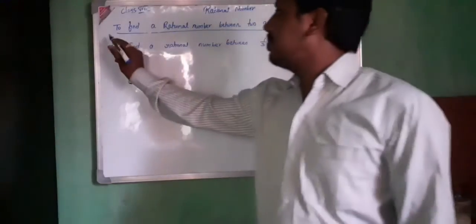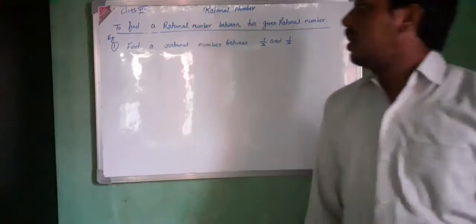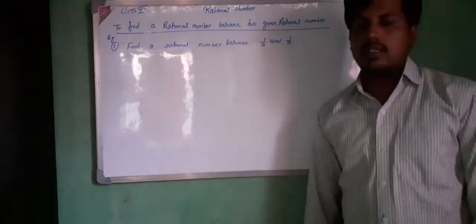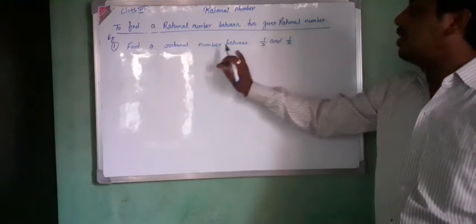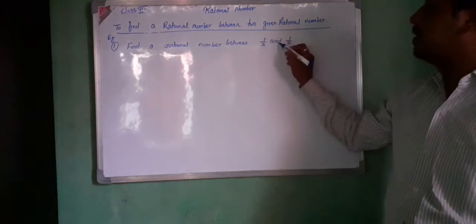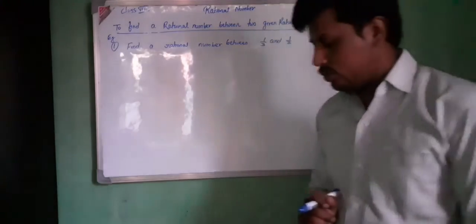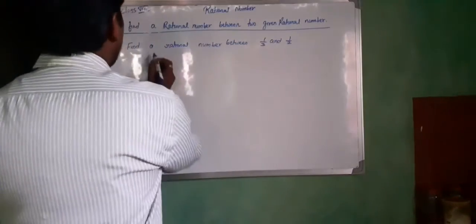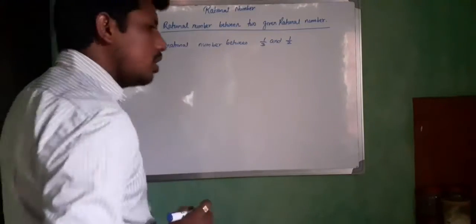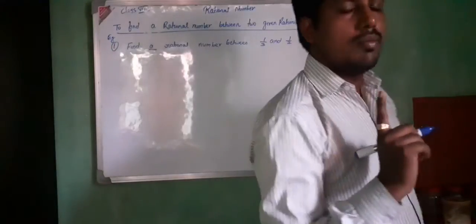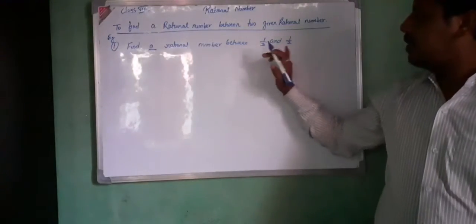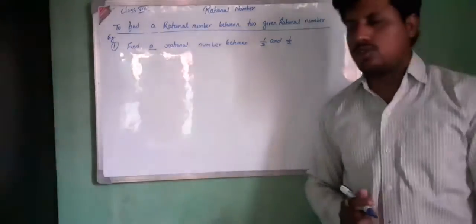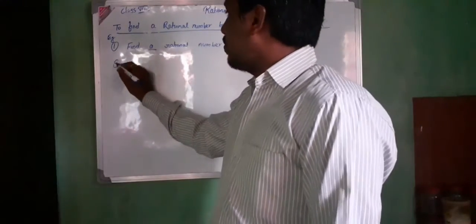Example number 1. Find a rational number between 1/3 and 1/2. You have to find only one rational number present in between 1/3 and 1/2. So what we'll do,